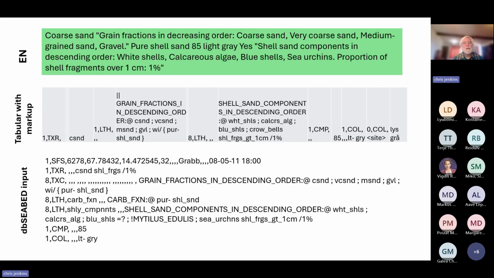So basically that markup flags which terms are objects like shell or sand, which terms are modifiers like coarse or fine or yellow or cemented, and which terms are quantifiers like with or slight or purely, and so forth. There are some other types of terms like operators, and you can see an @ symbol there, which is what we call a locator.